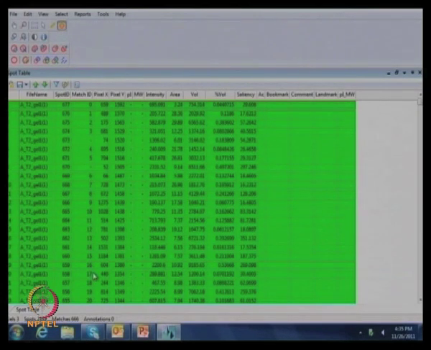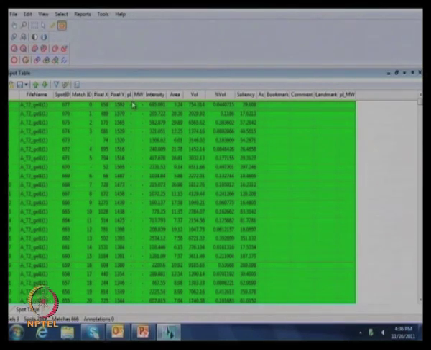Just continue quickly. This is the file name. This is the gel number. Then spot ID, which is a complete number given for all spots. Then match ID, then the pixel position on the x-axis and the y-axis.